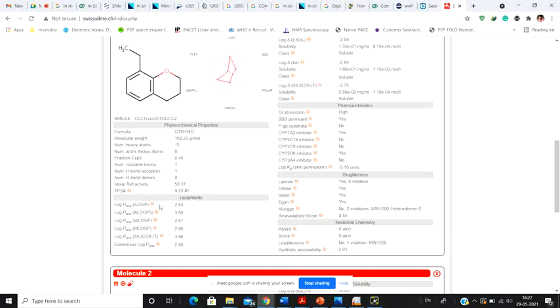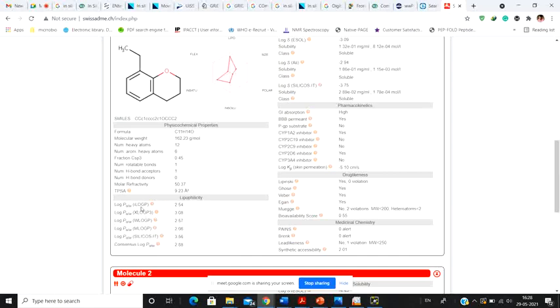Next, it also calculates the lipophilicity. Now, what are these various things? These are various algorithms which calculate the lipophilicity. For example, what is iLOGP? It's a different algorithm. XLOGP is another algorithm. If you hover your pointer over this question mark, it is going to describe the algorithm for you. This particular iLOGP was described by Daina et al. in 2014, whereas the XLOGP was described by the Shanghai Institute of Organic Chemistry. WLOGP was from Wildman and Crippen, and it was developed in 1999.